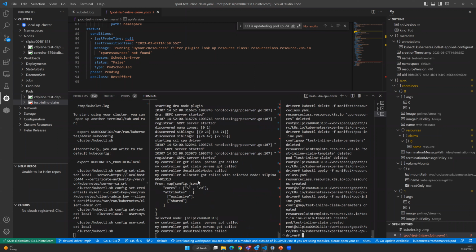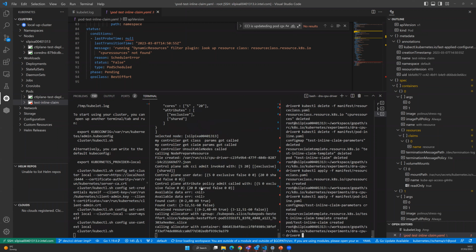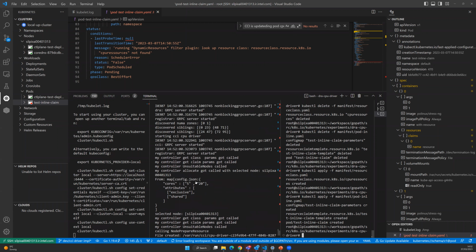Something in my controller implementation is still not perfect, but this time you see basically the first stage was the controller,